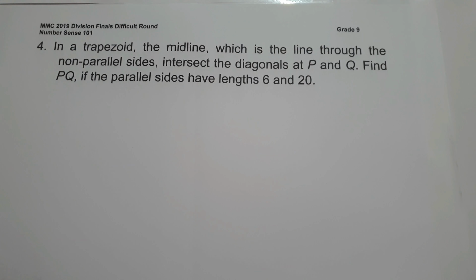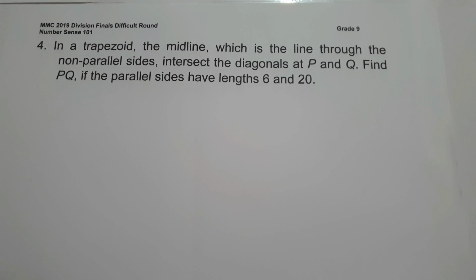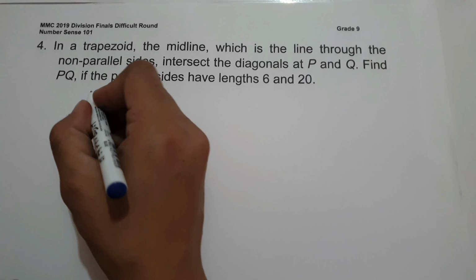On number 4, in a trapezoid, the midline, which is the line through the non-parallel side, intersects the diagonal at P and Q. Find PQ if the parallel sides have length 6 and 20. So this question is difficult because it's very hard for the students to illustrate the given figure. But if we are going to illustrate this one, we are going to have